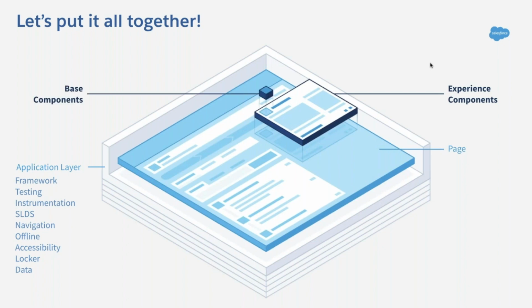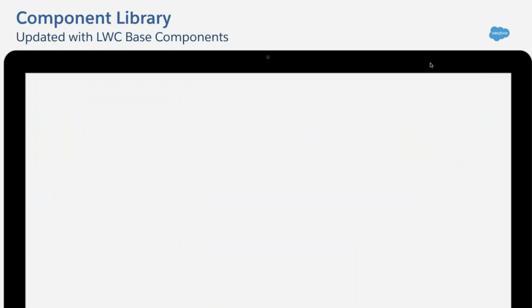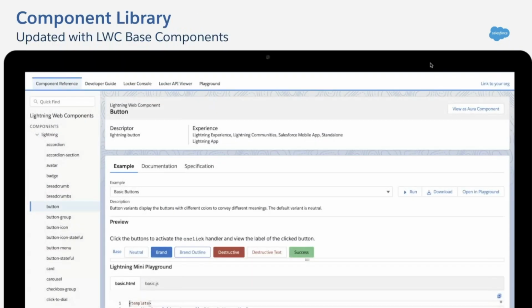But now let's get into the component library and see how we can get the information about the base components. So here we are in the component library, and the component library has improved over a period of time. In the last few releases, we saw many changes in the component library, whether it's about referencing the components. Now you can see that the component library is also updated with the latest LWC-based components.